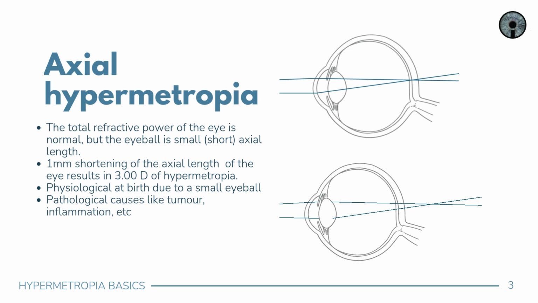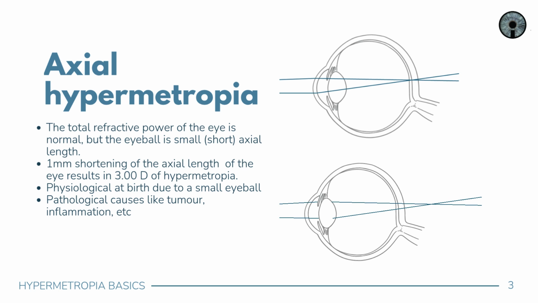Let's imagine a situation where the total refractive power of the eye is normal, but the axial length is small. So what happens? Because of the normal refractive power, the rays of light are converged at a fixed distance. But since the eyeball is small, this convergence happens behind the eyeball,